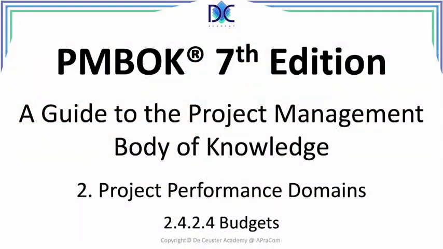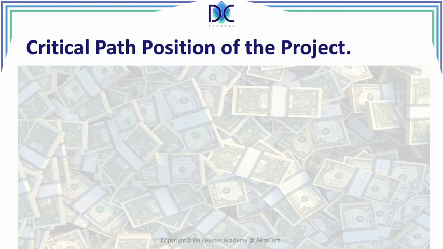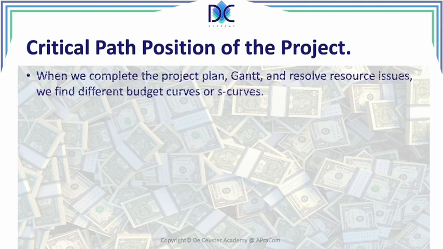So we're continuing this paragraph with budgets. What about the budgets? How do we create the budgets? And the first thing I want to talk about is what we call the critical path position of the project. When we create a project plan, we have a Gantt, we resolve resource issues, and based on that, we can